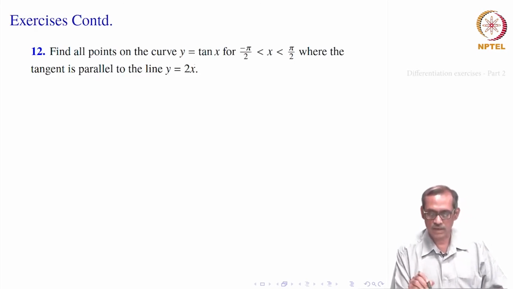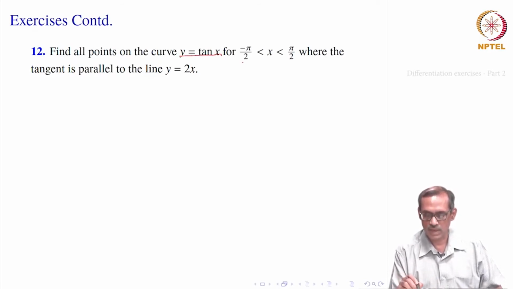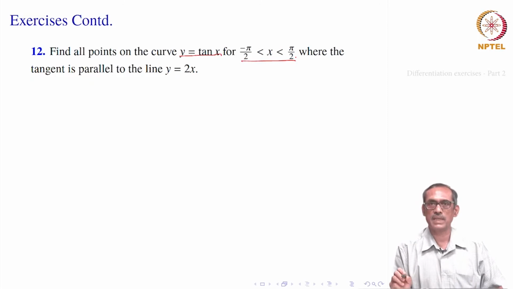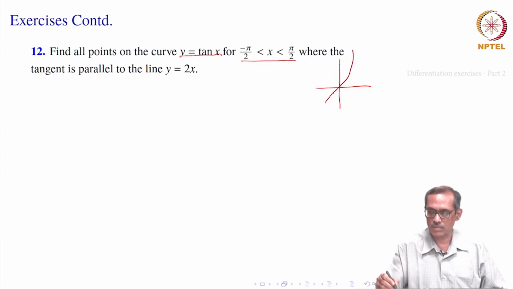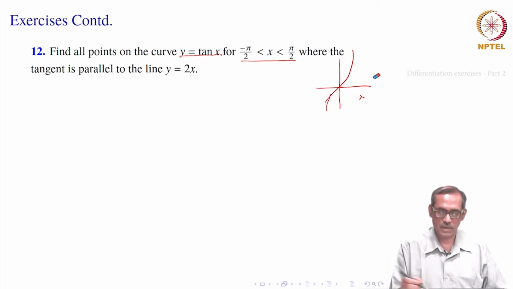So, here a curve is given by the equation y equal to tan x, and we are taking a segment of that only, a portion of the curve which is from minus pi by 2 to pi by 2. X varies between minus pi by 2 and pi by 2, but not equal to minus pi by 2 or pi by 2. Notice that tan is also not defined there. That means we are taking one branch of that tan x, right. So, tan x goes from minus pi by 2 to pi by 2 this way. So, we are taking only one branch of that. It repeats again, but that we are not taking, right. Okay. So, this is our curve.